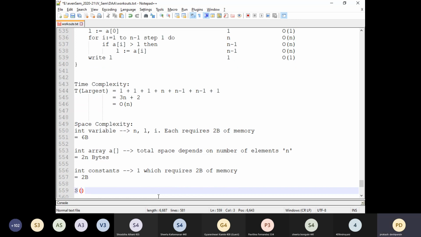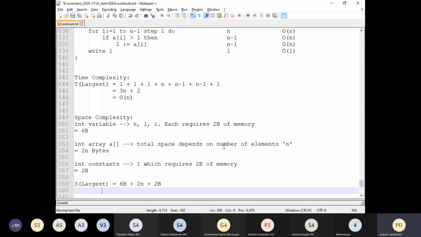Space complexity S of largest equals to how much? 6 bytes plus 2n plus 2 bytes. So total it is going to be 2n plus 8 bytes.